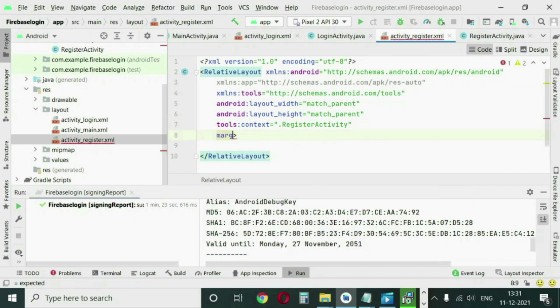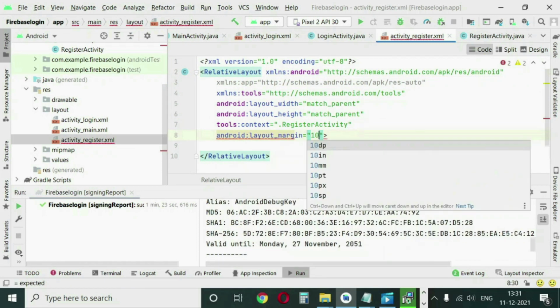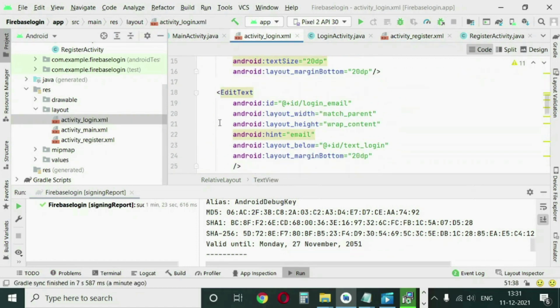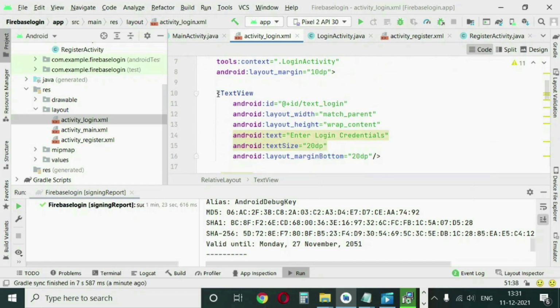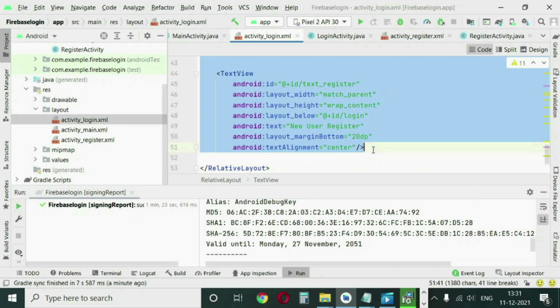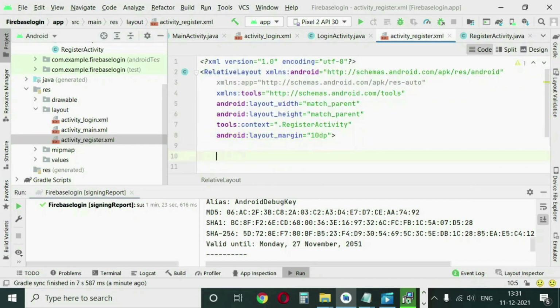So create a margin here of 10 dp like we did for other XMLs. Now go to the login XML and copy the entire thing, because this page is going to look almost similar to the login page. So copy and paste it here.